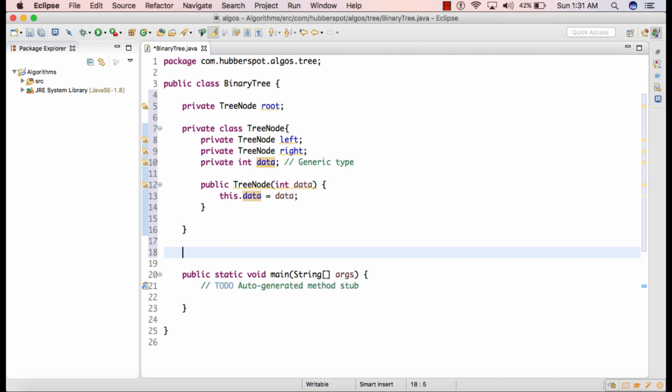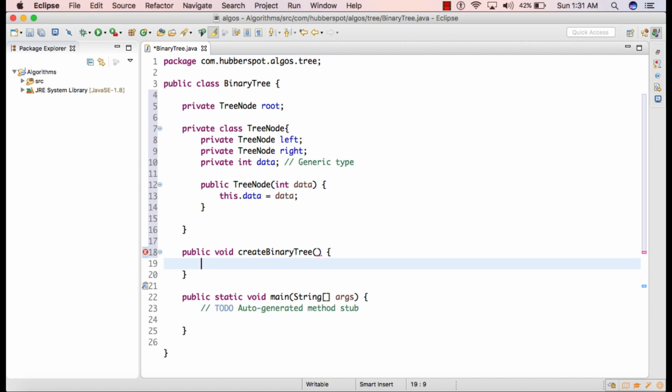Moving ahead, we'll create one method as public void createBinaryTree, and we'll create a binary tree in it. So in order to create a binary tree, first we'll create a few nodes. So let's say we give the node's name as first, and let's say I give the value of data as 1.